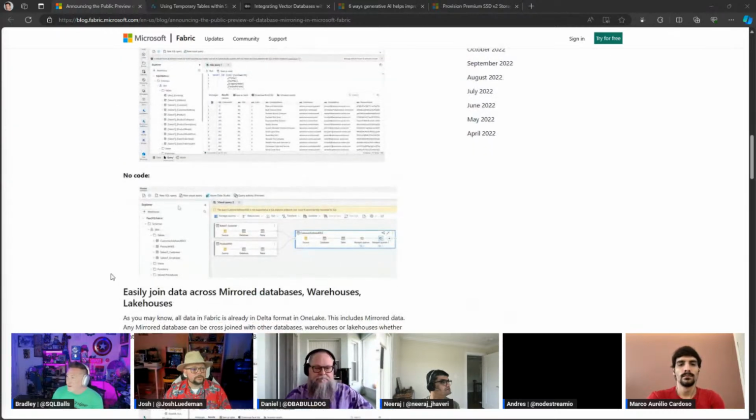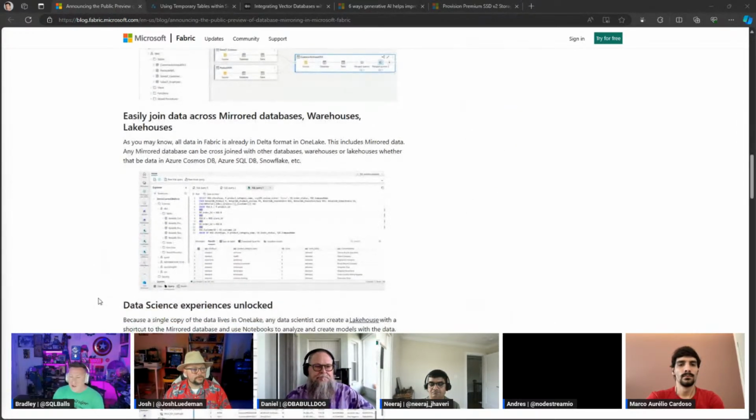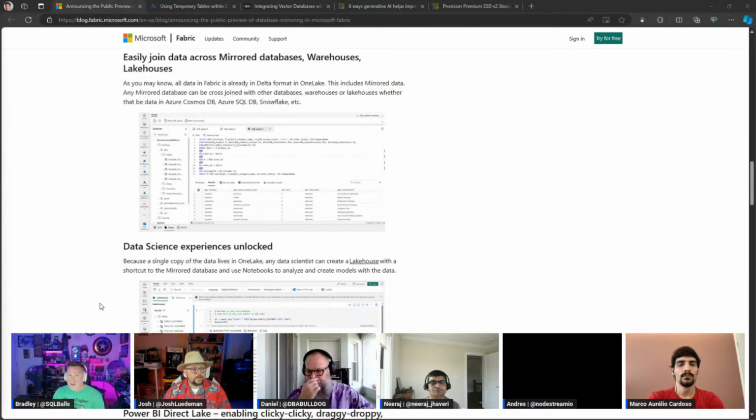And you can see that we can query this doing code or no code. I showed in our video how I could do shortcuts to a KQL database, consume that data in KQL for direct query on a Power BI report to track the International Space Station. But that could be anything. That could be retail sales. That could be fleet management. That could be delivery of packages.